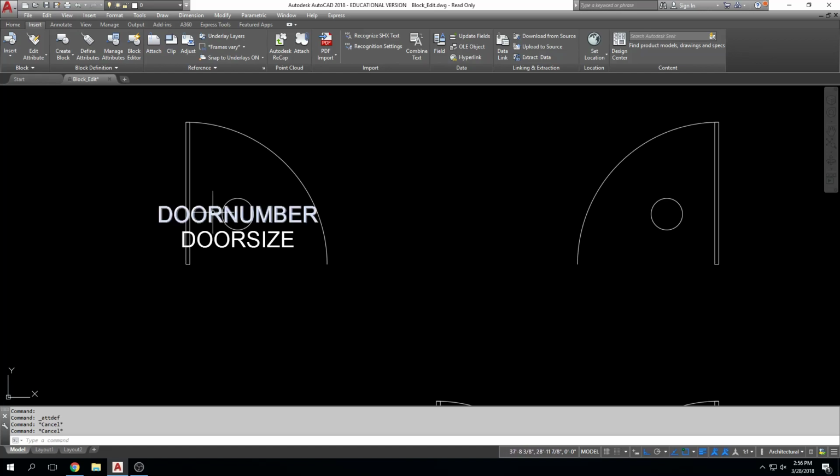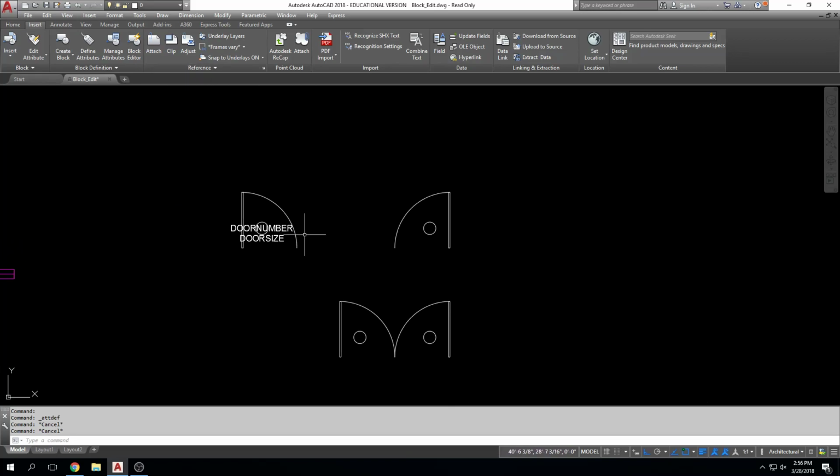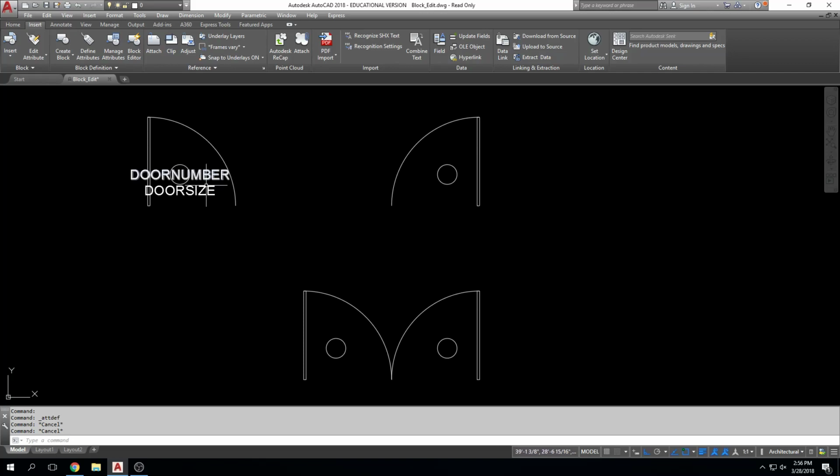Okay, so I have my door number, I have my door size, and I have my block here. So it looks pretty good. Now, so I've defined these two attributes. I haven't activated them yet, and I'll activate them when I create the block. But what's nice now is that I don't have to generate them again, right? If I'm using the identical set of attributes on this door,